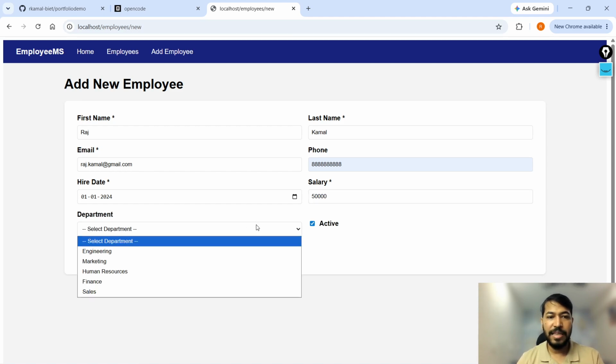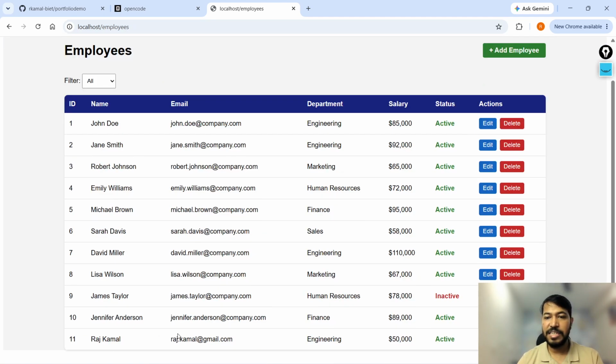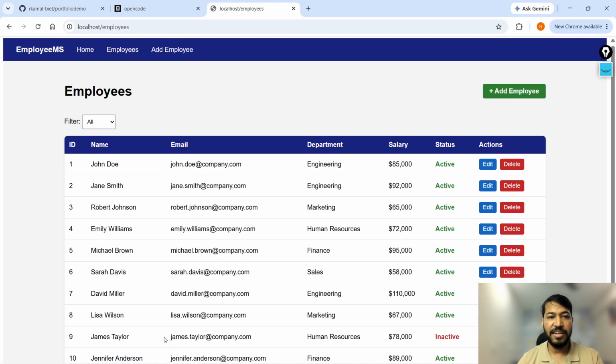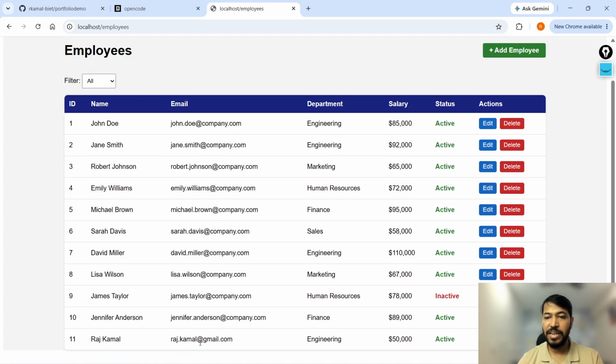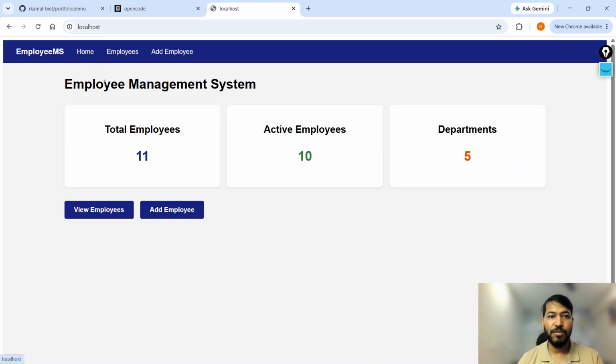Okay, and then the department information, let's say I belong to the engineering department, the status is active, right? Let's click it here. Now you can see Raj Kamal, 10th entry, 11th entry is also visible here, right? You can see it. It's pretty much visible. Coming to the home, now it's reflecting the 11 employees, 10 as active, one as inactive, and the 5 department